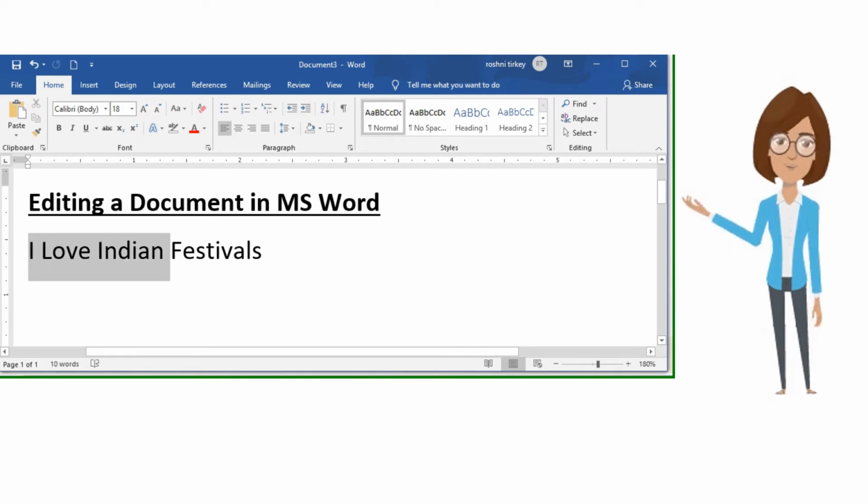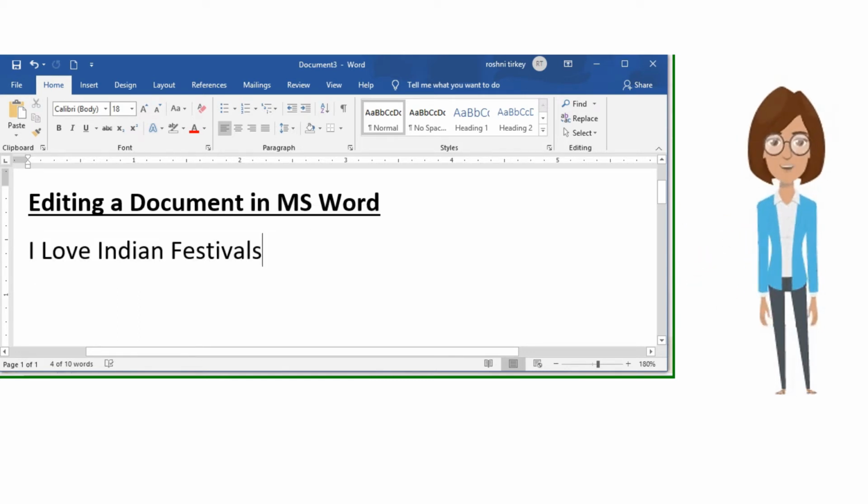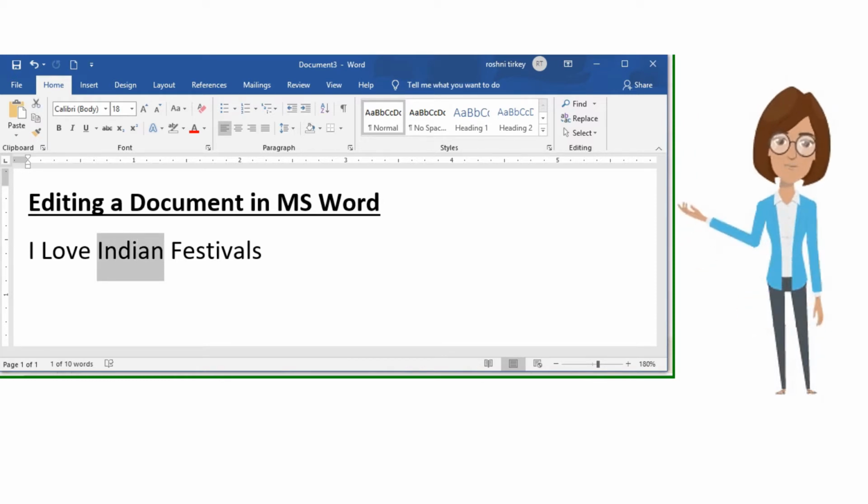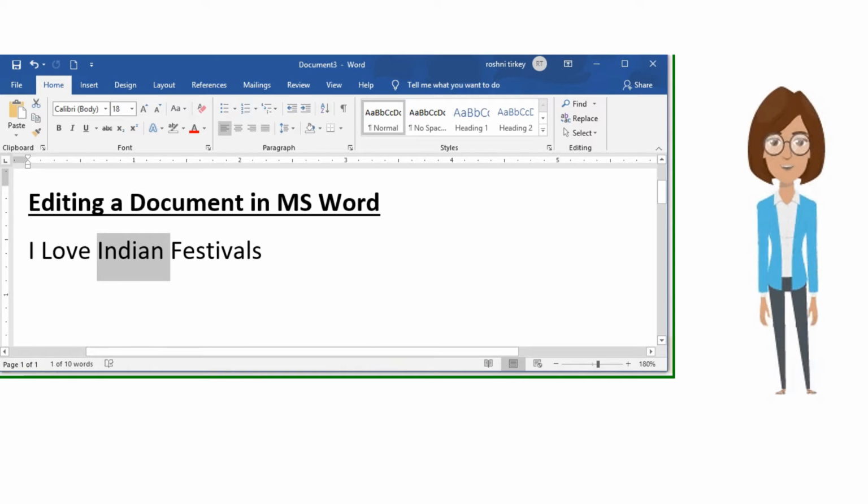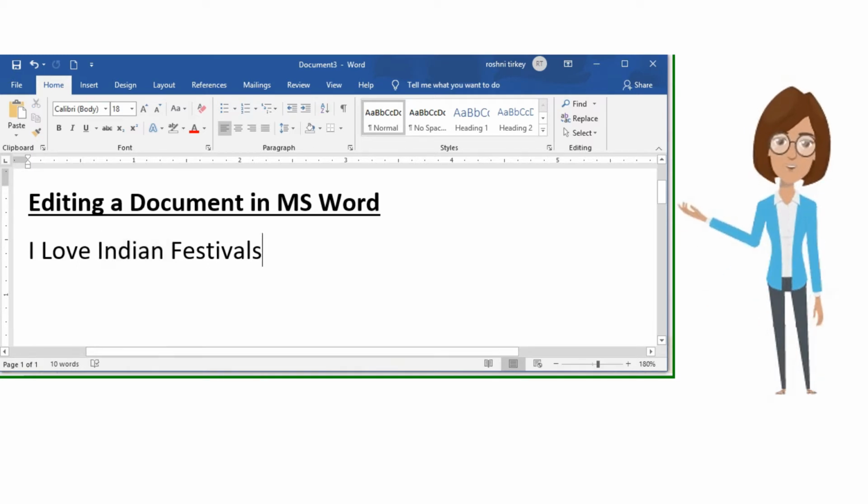Left mouse button hold and drag. Using keyboard, give the cursor position, press shift key and press right arrow key. Ctrl plus A, select all.